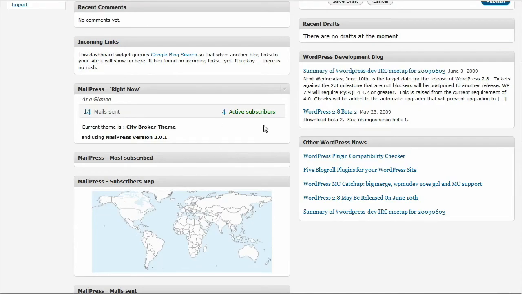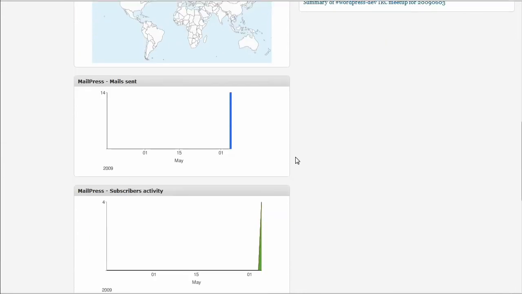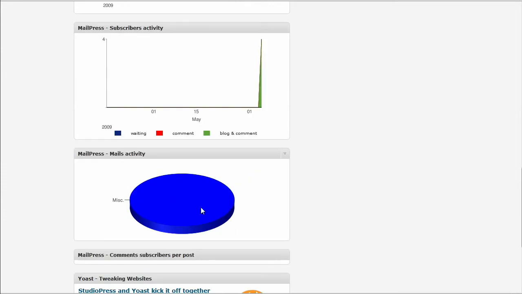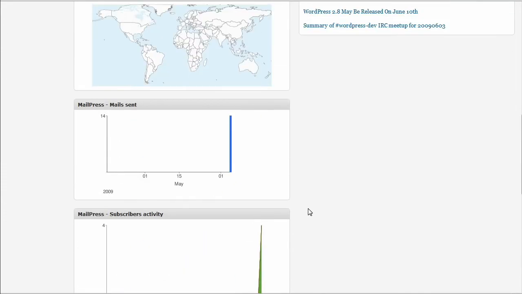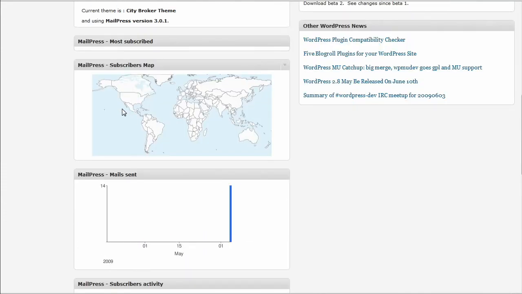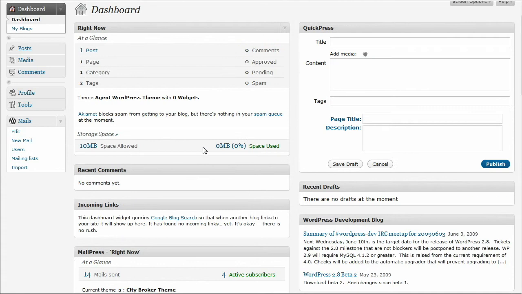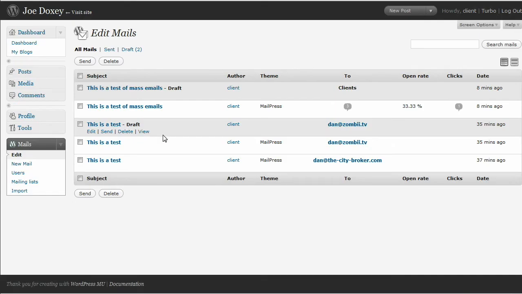Now, you also have full-blown tracking information on your home page. Down here you're going to see that 14 mails have been sent. You've got how many active users you have. It's going to show you when the mails were sent, what the activity is, some pie graphs, and a map of where the people have opened the emails as well. Not all that useful, it's just some neat information to have. So that's the tracking. Very, very useful. I can't overemphasize how much you're going to enjoy knowing what your recipients are doing, because right now nobody really has an idea, but this system is going to become very